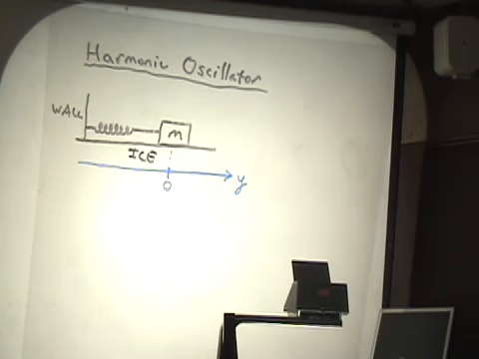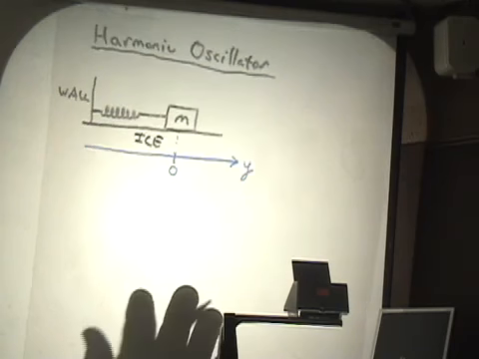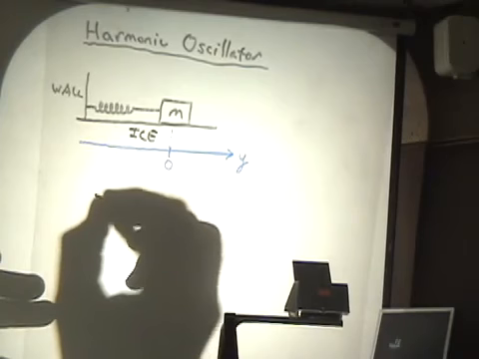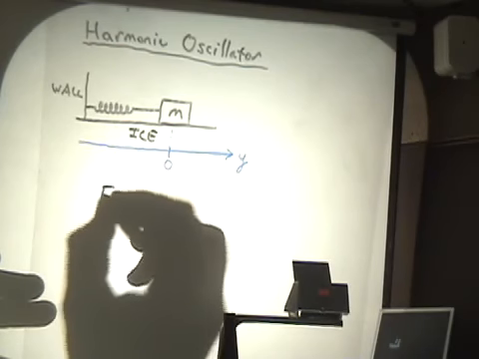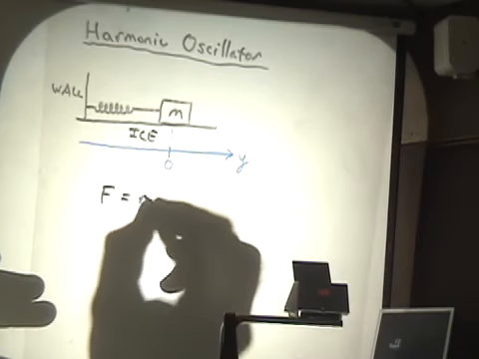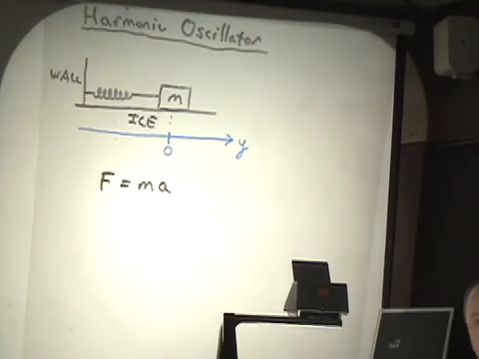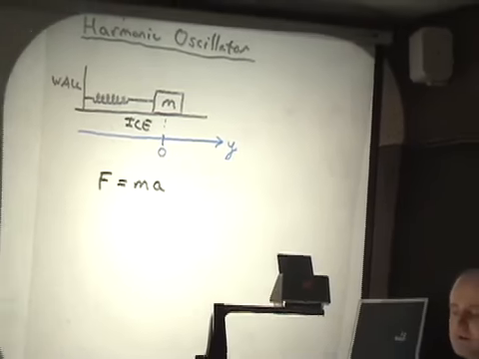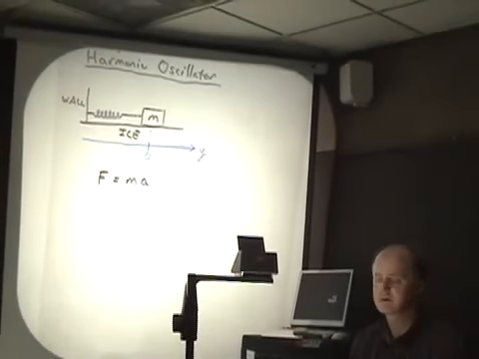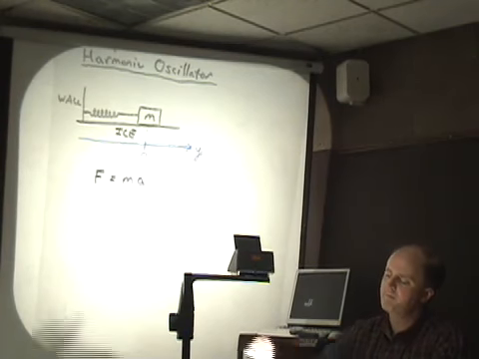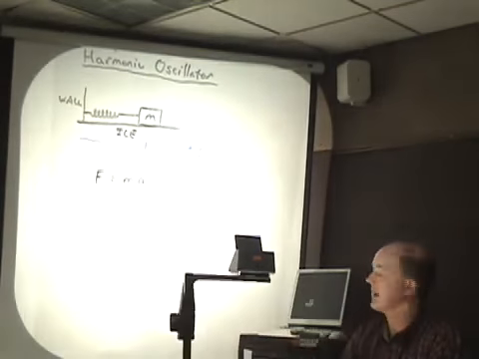We need to know a little physics. The first fundamental principle that we need to know here is the equation that comes from Newton's second law, typically written as F equals ma. m is the mass of the object, a is its acceleration, and F is the force on the object. In the context of this drawing that I have here,